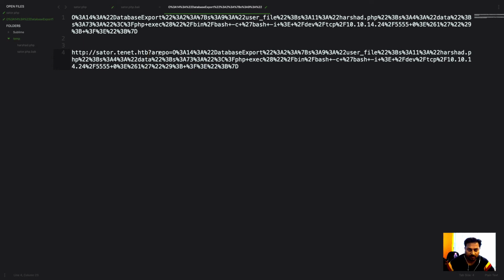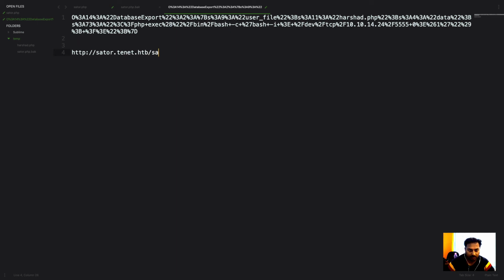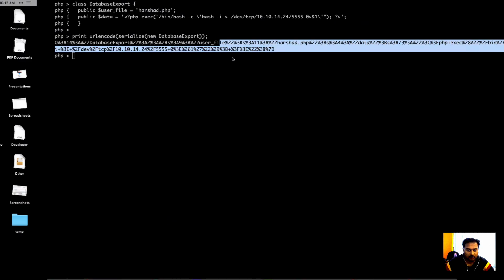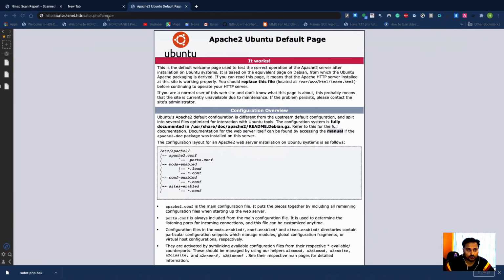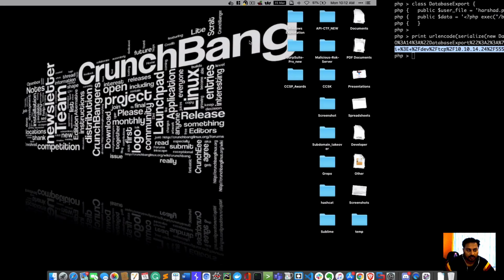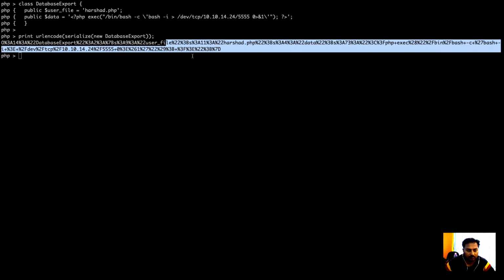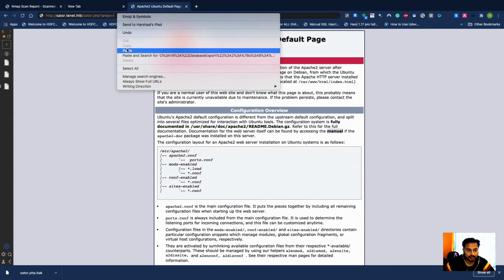After this I need to use setter.php and then a question mark, we have a repo. This is how the URL is going to be constructed, which is equal to whatever we have here, and then paste. Again, if I go to Chrome, I think this is perfect, and I need to copy only this thing. Let me copy that part and then press enter.